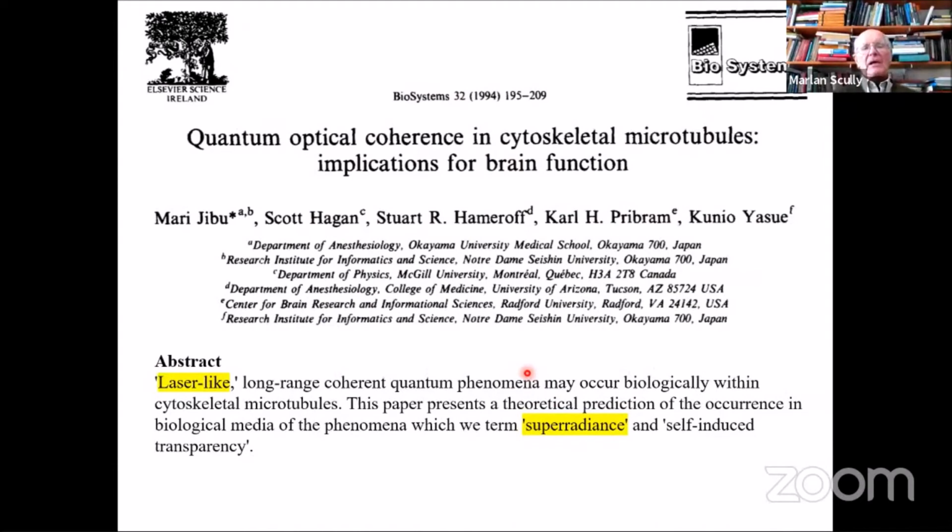And about 5 years before that, 10 years before that, an interesting paper occurred in which people were looking at these microtubules and hypothesizing that laser-like superradiance might be coming in. Well, at this point, it wasn't clear to them what's the difference between laser and superradiance. By the way, the answer is laser is coherent in the way that we all know it, obeys a coherent state, and is associated with atoms which are oscillating in phase. Superradiance, not so much. Superradiance is a collective spontaneous emission, but there's no coherence in a superradiant ensemble. And so we started looking at this problem